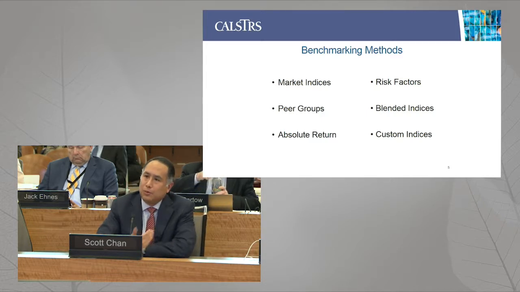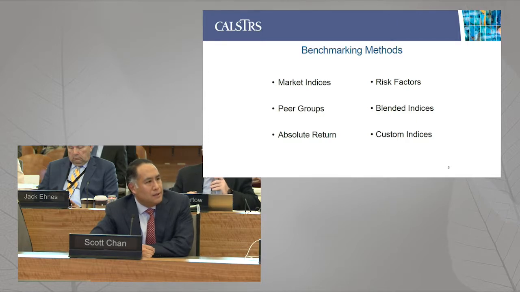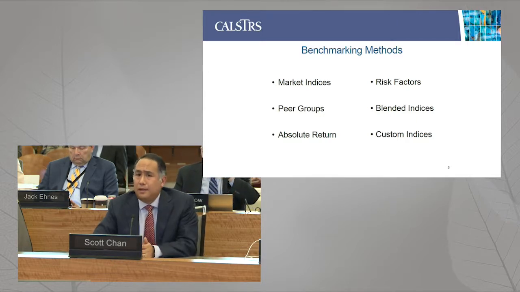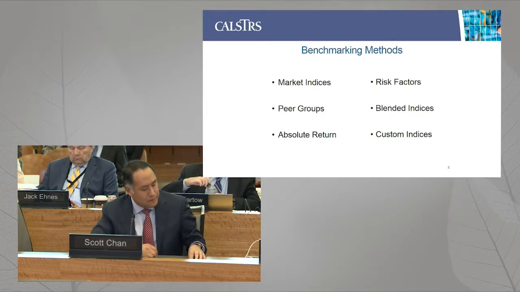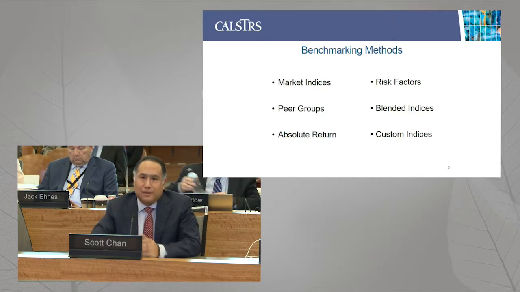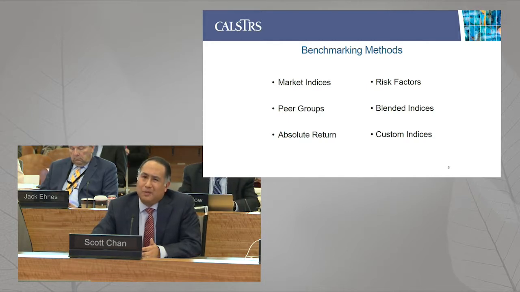Peer groups is another one that we use, and an example you could think of is in examining a hedge fund manager. How do you create an index? A lot of times you're going to create an index through a set of other managers, a peer group, and compare that manager to it. So unfortunately, that is measurable, and we can use it as a benchmark, but it pretty much fails a lot of the other criteria.